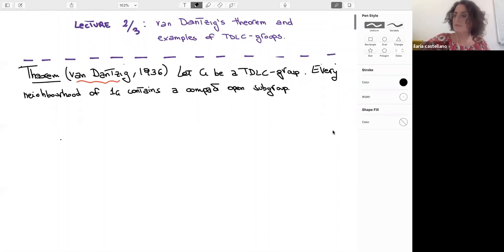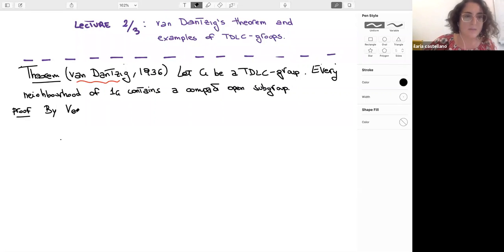So, okay, let's go with a proof, because I think that it's important to see at least once in your life the proof of this theorem. Proof. I need to start by using a theorem which is from, let me see the name, Edinburgh. Hopefully I'm pronouncing correctly. This theorem is about totally disconnected locally compact groups being zero-dimensional. So I don't want to talk about this property now, but I'm just going to use this property in order to claim that I can always find, so there exists